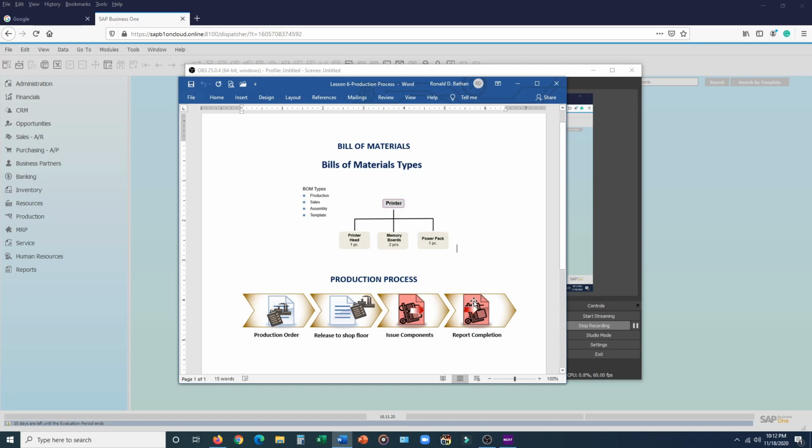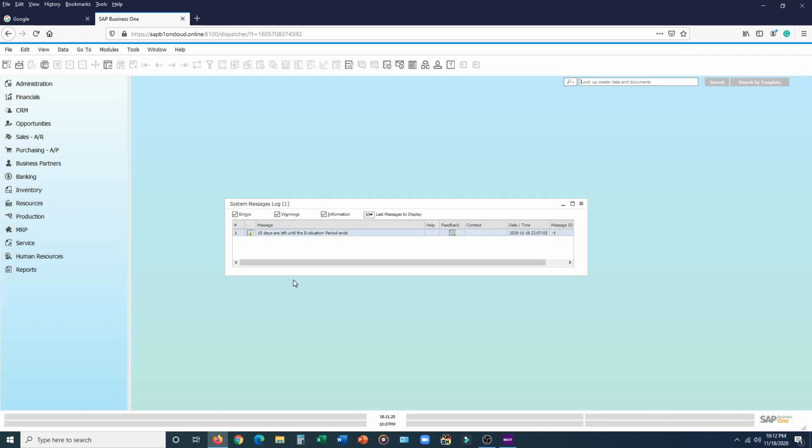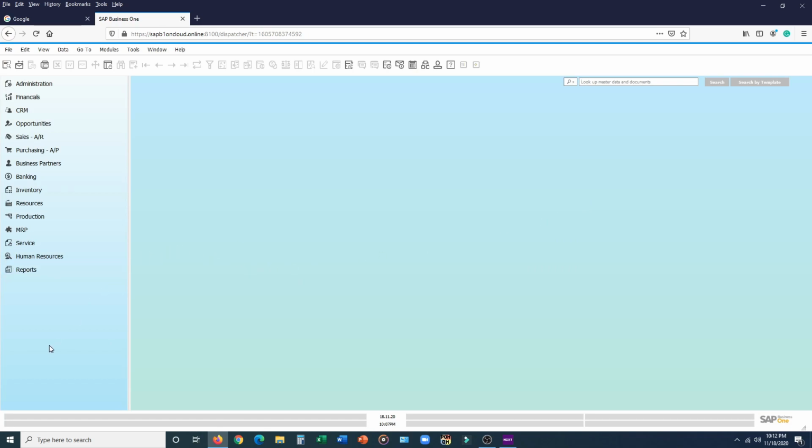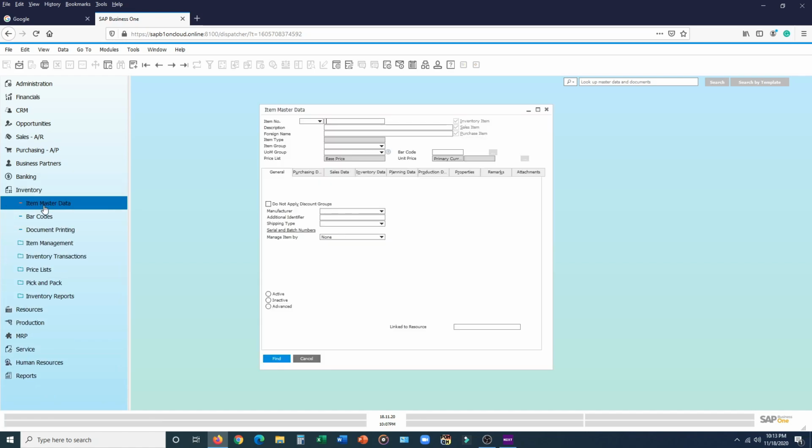Okay, so I think we can start now with SAP Business One. As you log in, always select the branch and then set as default. Always practice that. And then to start with, we're going to define the products that are used for the production. So inventory, item master data,